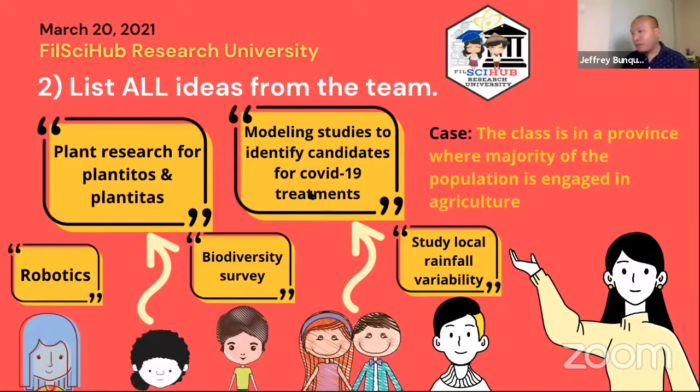And then the fifth idea naman is to study local rainfall variability. So gaya ng sinabi kanina ni Marty. So now, kapag po, on the perspective of teacher, kapag po ganito ka-diverse yung topics na binibigay sa inyo, baka mapakamot kayo sa ulo. Paano ba tayo pipili? Paano natin pipiliin yung best idea? Kasi lahat magaganda di ba? Lahat sila are representing some of the topics that Marty mentioned earlier.